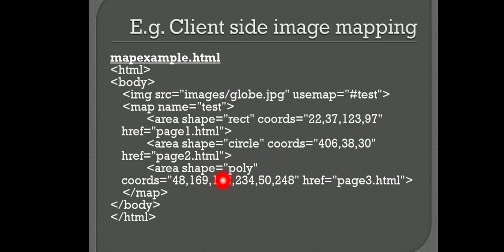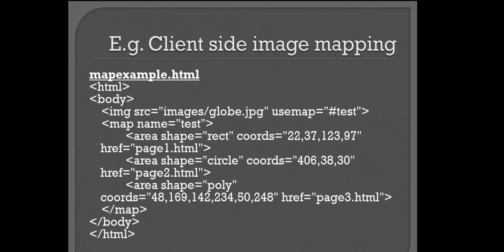Next you are going with the poly. Here it could be a 3 type poly or a 4 type poly. I have taken a hexagon poly here, so I am giving the coordinates of 6 points, and the 6 points will be different. This is how we create it, and this is our hotspot. Just click on it and it will show you the next page, meaning it links to the next page.